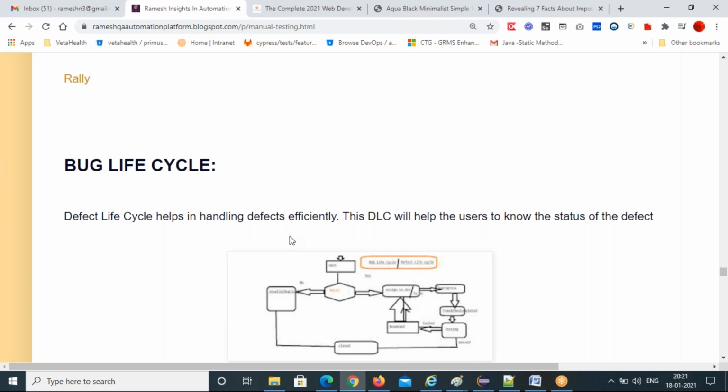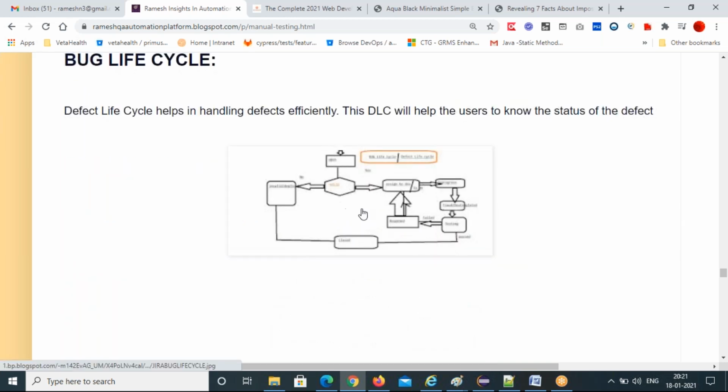From when you first file the defect, in open state, till close, what are all the different statuses the defect will undergo? That is called defect life cycle or bug life cycle.